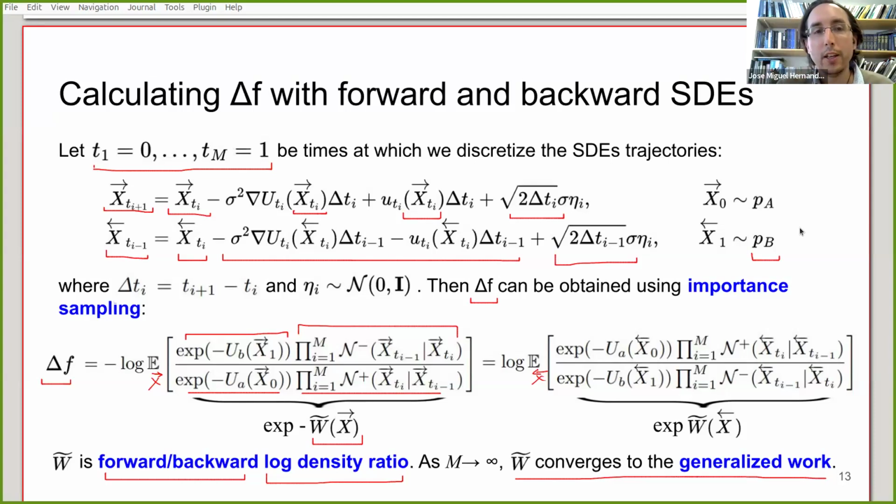You don't need it. Here you don't need it, because this doesn't have to be exact. But obviously, ideally, you want to have a good control. I mean, you want this control to make this forward and backward model as similar as possible, because that's going to reduce variance in importance sampling. But it doesn't have to be the case. If that's not the case, then you will have high variance, and that can be not so great. But in principle, you don't need it: these expressions are accurate even if your control is not perfect. Good. Okay, thank you.